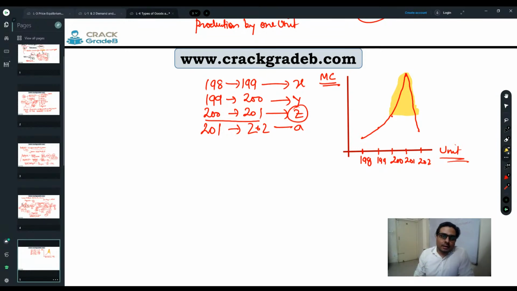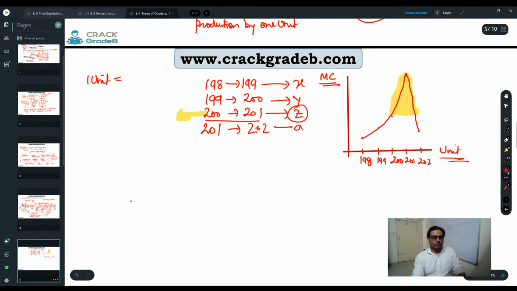So you have seen that most of the times, whenever you are going to book a car or a very popular bike, especially in the automobile sector, you have to pay a booking amount and you have to wait for certain time. Only then they will give you the car, right? Though they know that there is a persistent demand in the economy and they can sell it. But if a company is producing 200 units, 1 unit is equal to 100 cars.